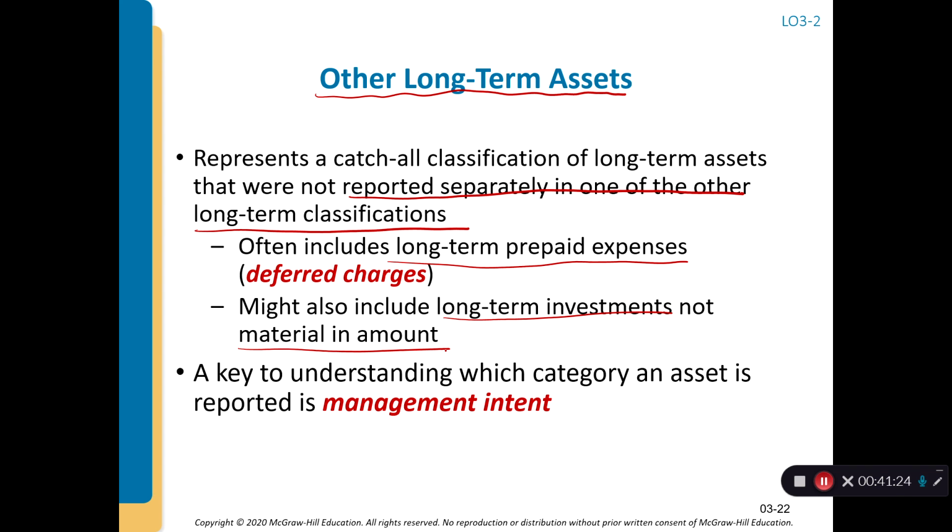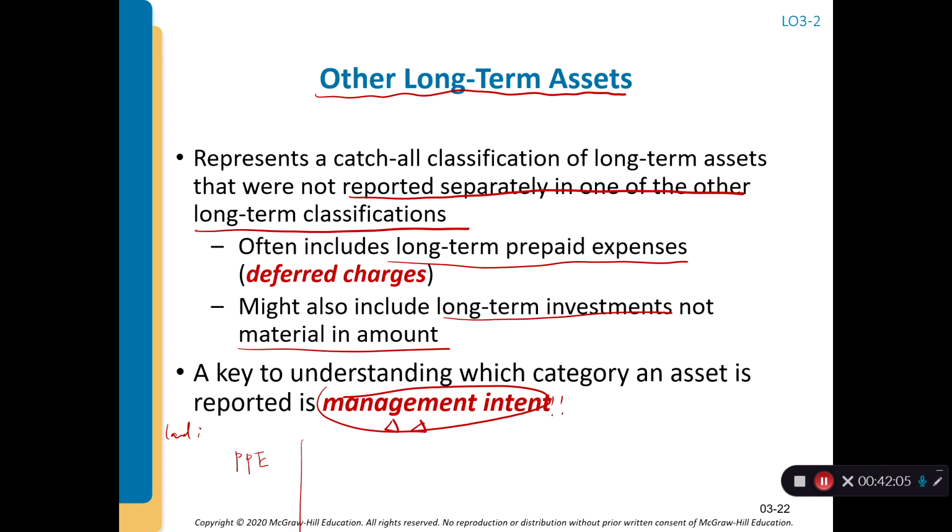And a key to understanding in which category an asset is reported is management intent. This is very important. So in other words, whether it's a current asset, long-term asset, or other long-term asset, it's all based on management discretion. For example, management may intend to use land for long-term operating purposes, right? So if you are using the land for operating purposes, then that land will belong to property, plant, and equipment. But if you say that you wanted to use it for future sale,